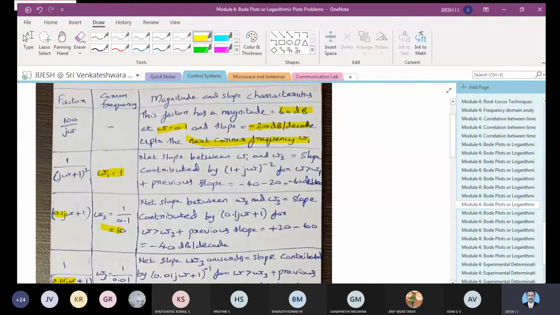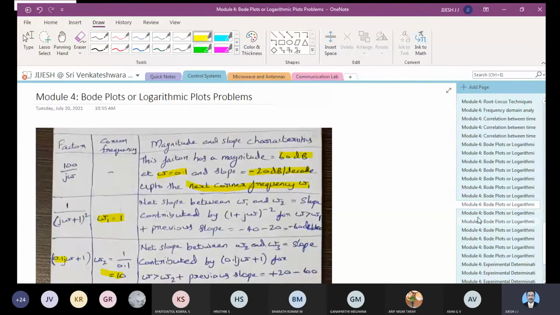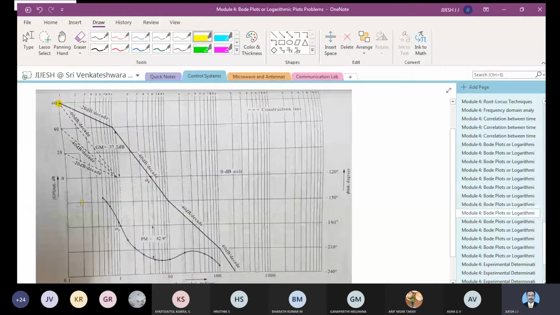So I have to draw the reference plane here. Listen carefully. I have to draw this point, and I have to take 20, 40 and 60, and then plot these reference lines. These are minus 20, minus 40 and minus 60 dB per decade. Three reference lines you will get. Once you get the three reference lines, plot this point 60, which you obtained first. Take the scale parallel to this reference line and draw a line. This line should be extended till the next corner frequency.